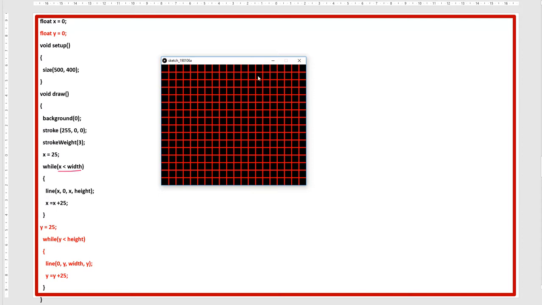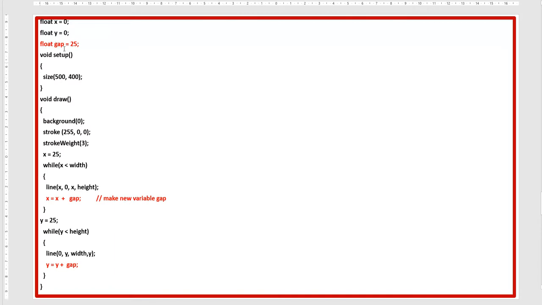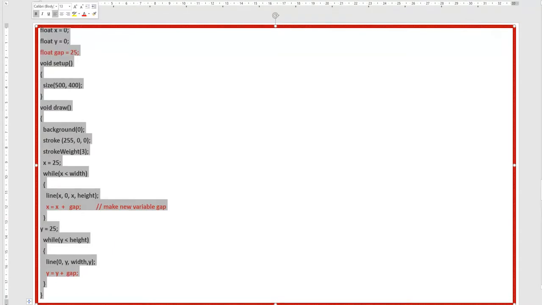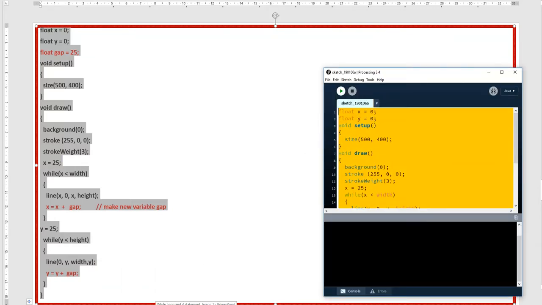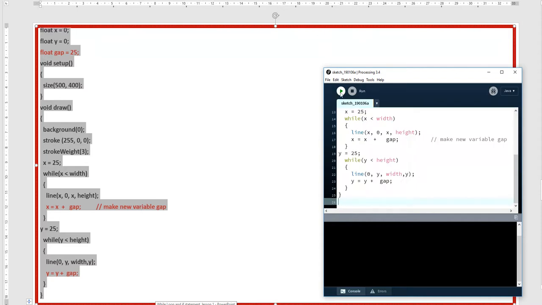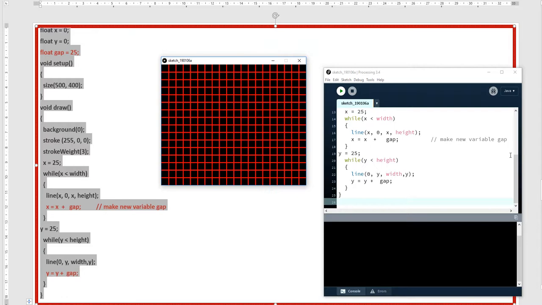If you want to change the spacing, or gap, what do you have to do? Same thing, you make a new variable, and you can call it space or spacing. I said gap is equal to 25. So instead of 25 here, just write the word gap. Use the name of whatever variable you are going to make. Okay, so here I will copy this and I will run it for you. So see, the same thing is there.